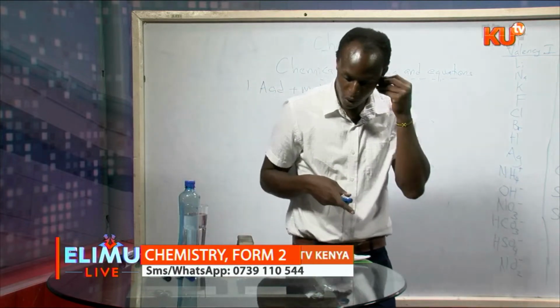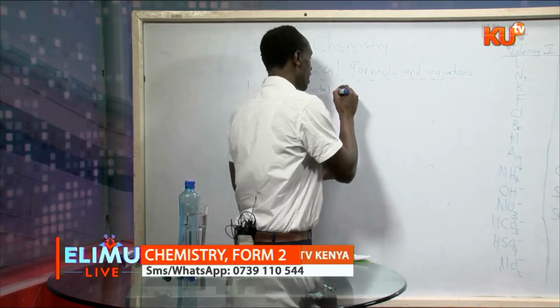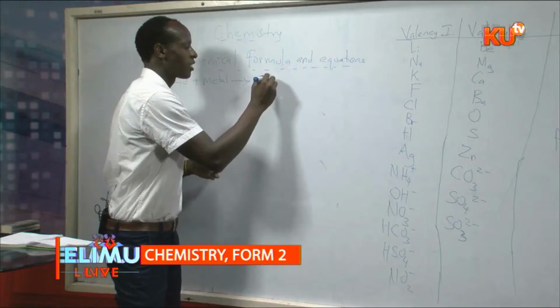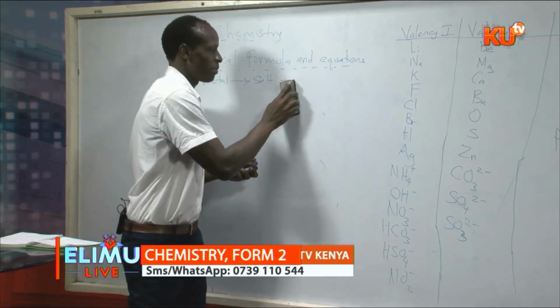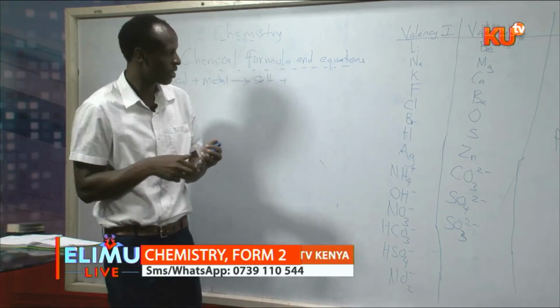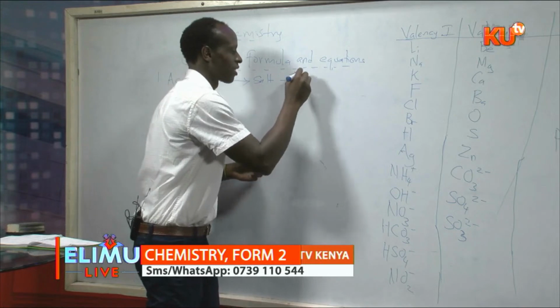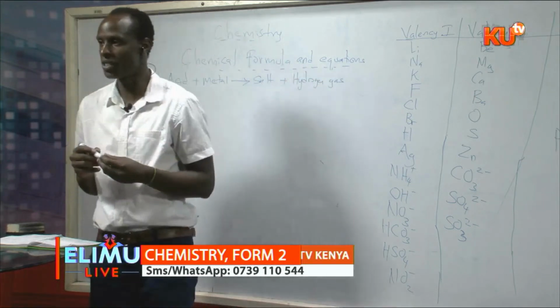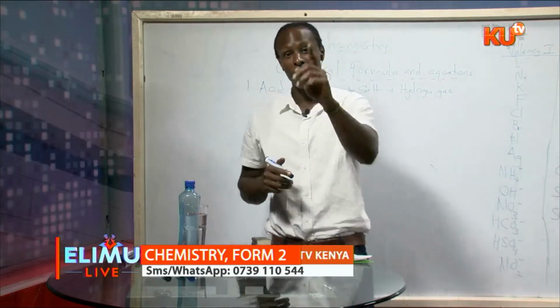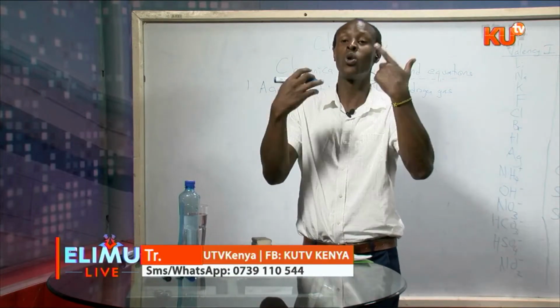And when it reacts with the metal, what do you get? You get salt plus what? Plus hydrogen gas. Acid plus metal gives salt plus hydrogen gas. So, let me help you to know the name of the